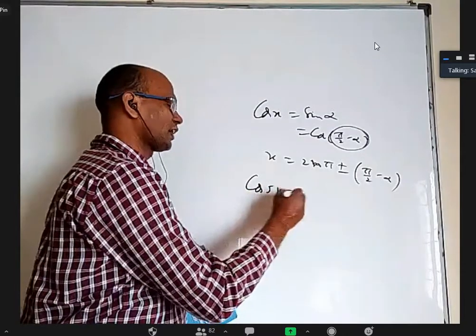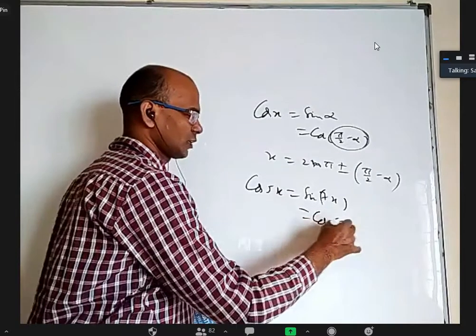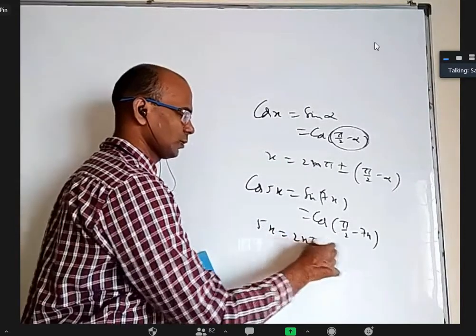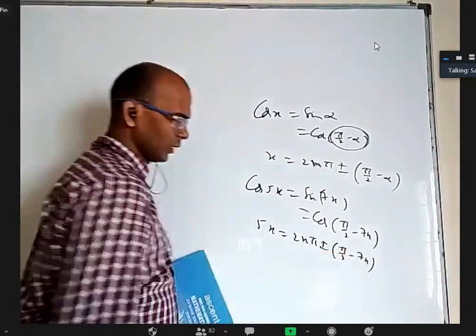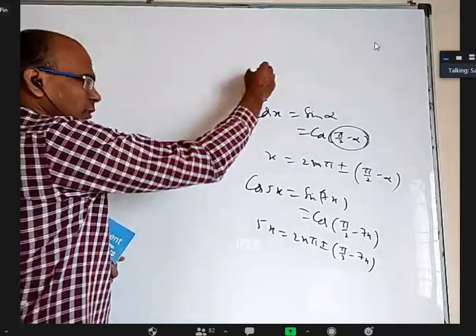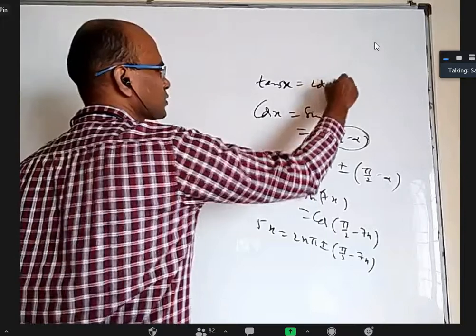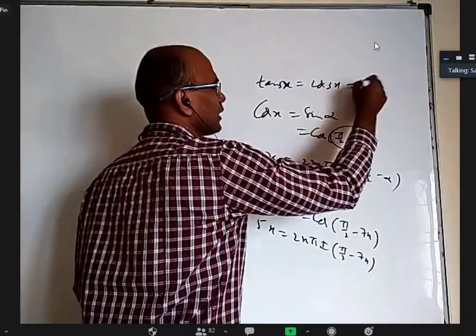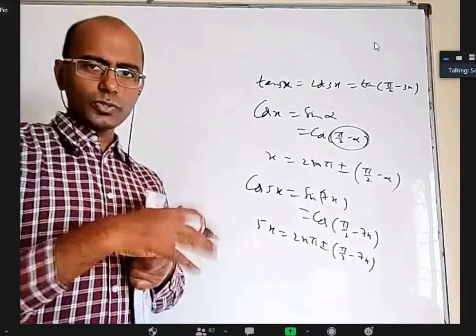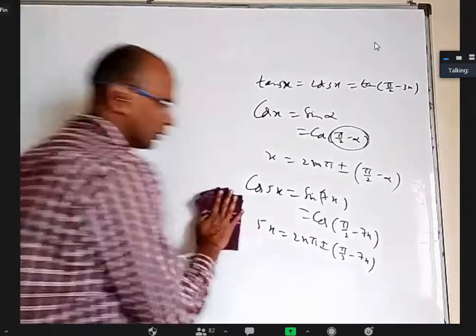Even if you have cos 5x equal to sin 7x, you can convert sin into cos, write cos of (pi by 2 minus 7x), and then write 5x equal to 2n pi plus or minus (pi by 2 minus 7x). Take plus, you'll get one answer, minus another answer, and you have to bring x to one side. Even in the present 13th question, we are going to do this. If you have tan 5x equal to cot 3x, what to do? Cot, you can write as tan of (90 minus 3x). So both should be tan or both should be sin or both should be cos. If not, you can use sin(90 minus theta) equal to cos theta, a formula of that sort.